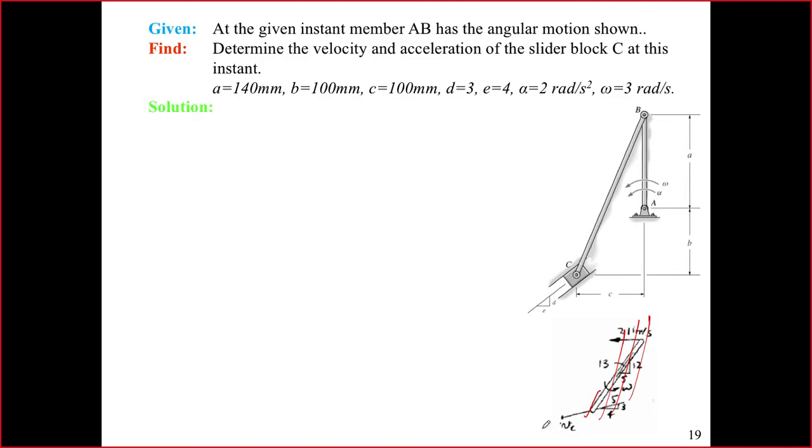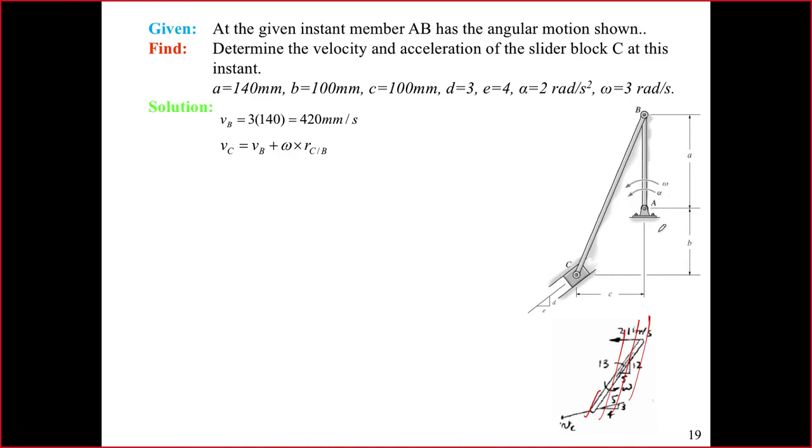So let's just see. So velocity of C is of course just a function of the velocity of B using the relative velocity expression. तो V_B हम find कर सकते हैं because we know कि B is just rotating about the fixed point A, right. So nothing too difficult. I know इधर it's not written as a vector, so could just someone tell me कि given that this thing AB is rotating